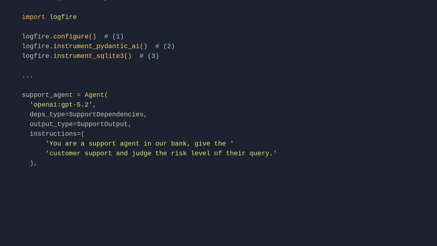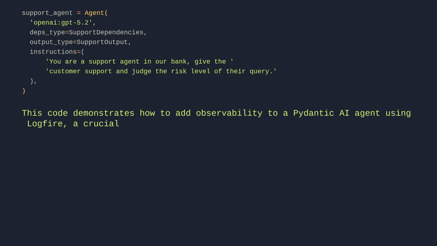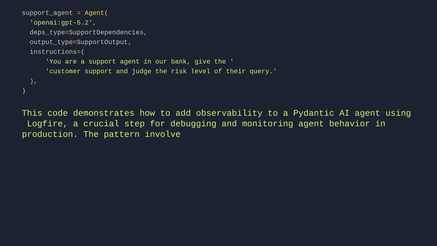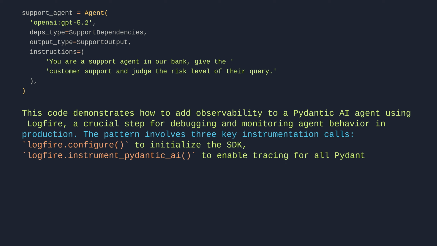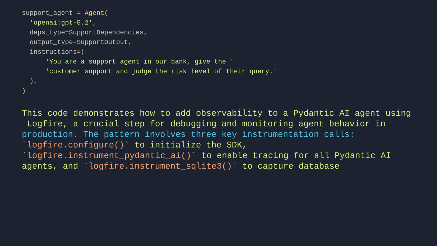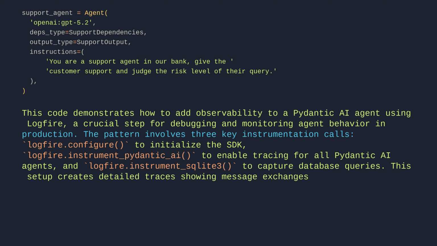This code demonstrates how to add observability to a Pydantic AI agent using Logfire, a crucial step for debugging and monitoring agent behavior in production. The pattern involves 3 key instrumentation calls: logfire.configure to initialize the SDK, logfire.instrument_pydantic_ai to enable tracing for all Pydantic AI agents, and logfire.instrument_sqlite3 to capture database queries. This setup creates detailed traces showing message exchanges, tool calls, token usage, and latency, essential for understanding agent decisions and